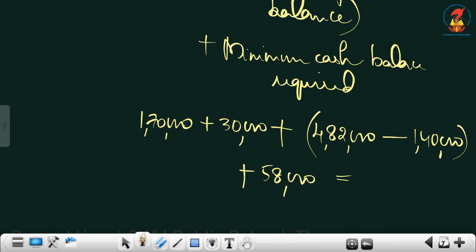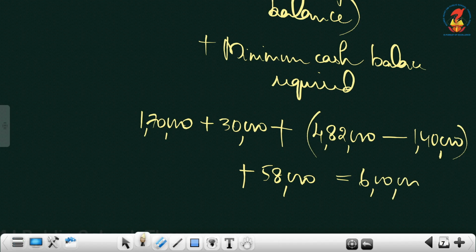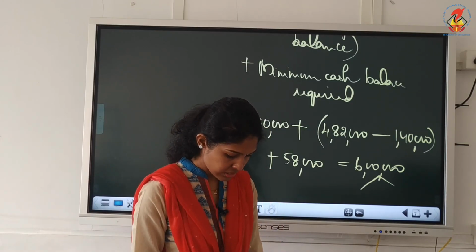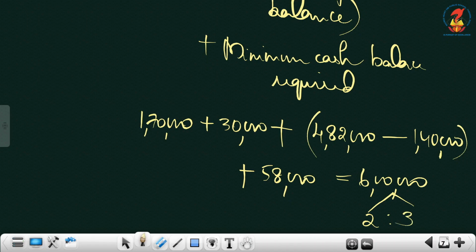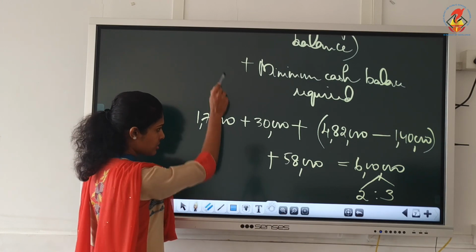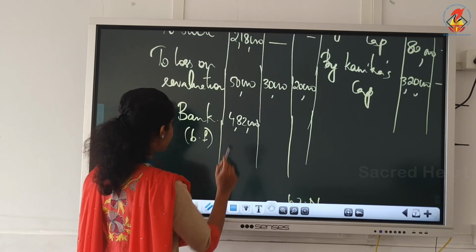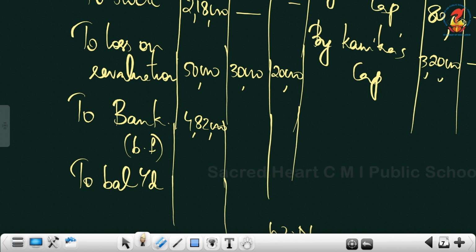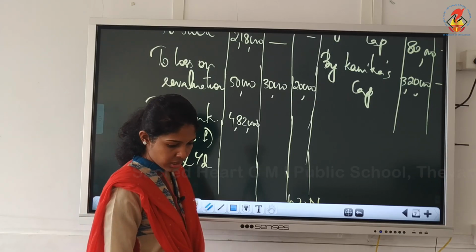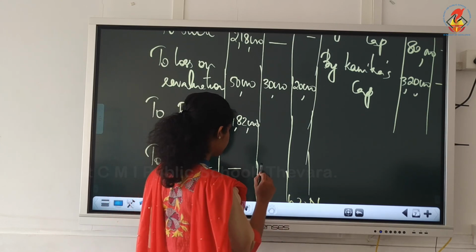So now after calculation, your answer will be, the total capital will be 6 lakhs, which you will divide in the new ratio. The new ratio is given in the question, like 2:3. So divide it in 2:3 ratio. Understood? So now we can write the division of total capital in the new ratio as balance carry down. These are not balancing figures. So that will be 2,40,000 and 3,60,000.